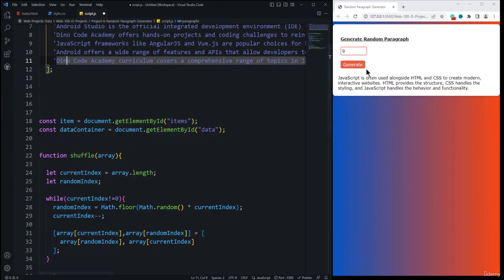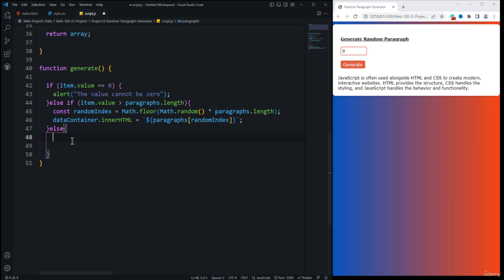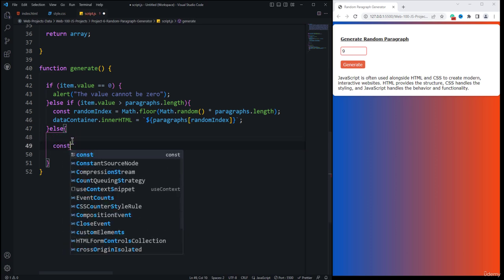So we are going to display 9 paragraphs. If the user enters a 5 here, then we want to display 5 paragraphs with the shuffling of the elements. That is the reason we created this shuffle function. So coming back to the else part, first we need to create a variable, which is const, and then